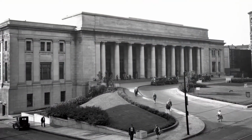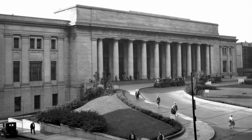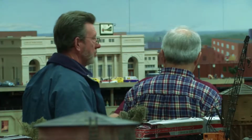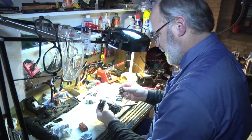So behind all of this at the museum is a Model Railroad Club. Talk a little bit about that. Yeah, they started out in 1935, and in 1939 we were invited into the St. Paul Depot, and we built a layout that was there until 1977, 78. Currently we have about 125 members, and there's every kind of job from administration to doing repairs